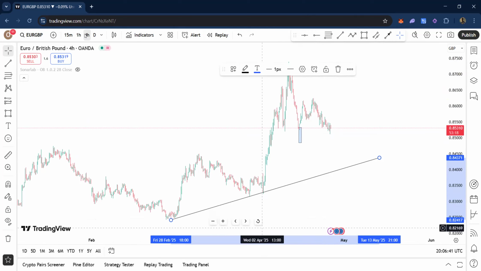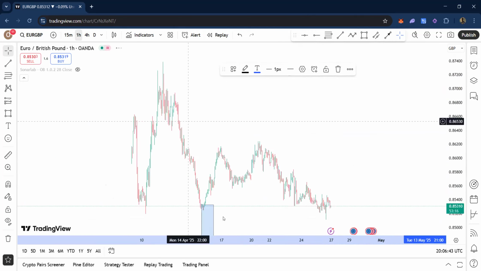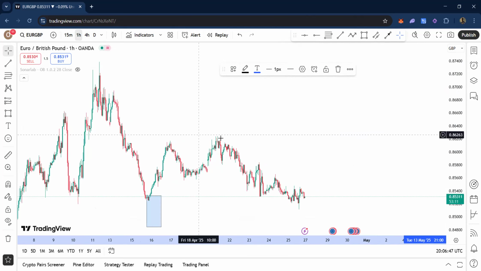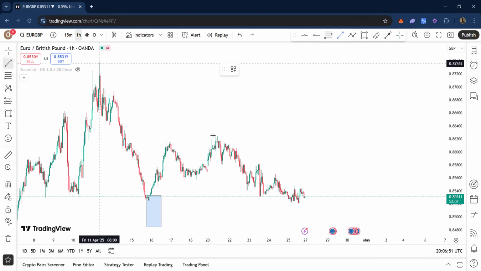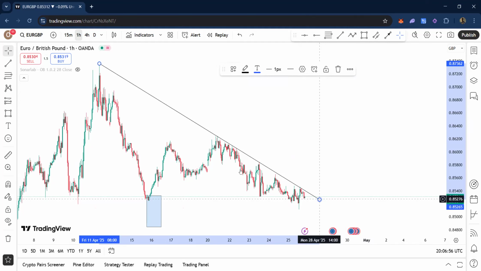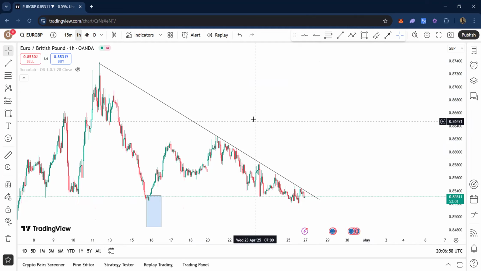Then you come to the 1-hour time frame and you can look for the current trend. You can see that this began from here. Then you can say, since I began from here, let me take this point, get a point B here, and take it to the future. And you can see how the market keeps bouncing off of that path. So you're going to need to